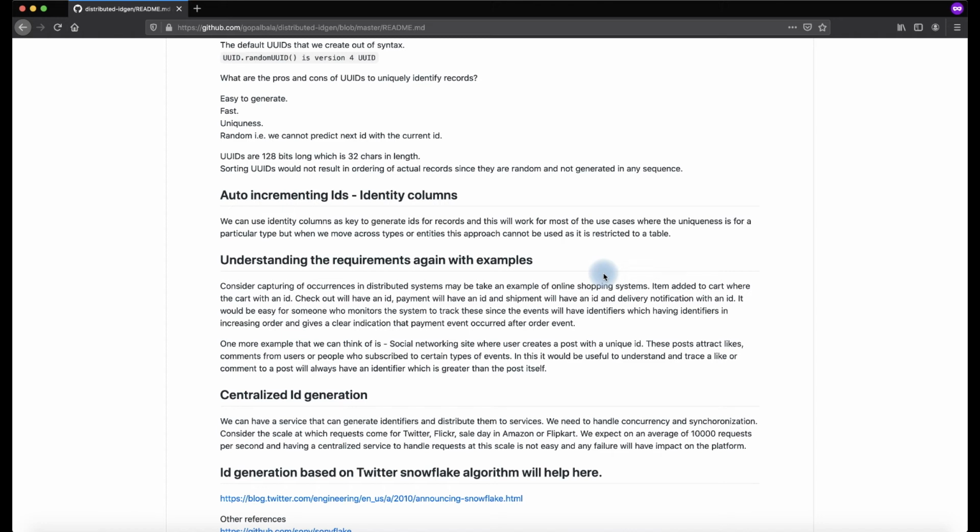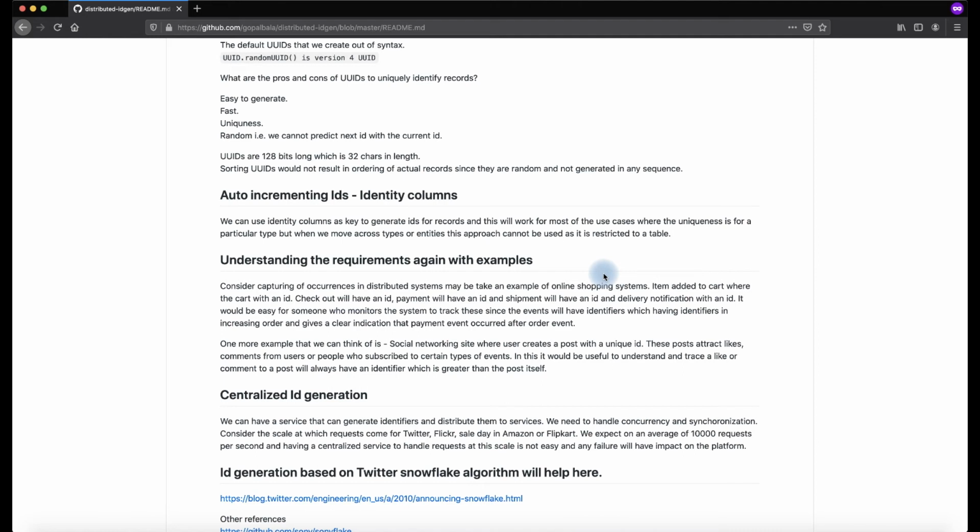So that is guaranteed. What is the algorithm? We may go and find out. There is something called the high-low algorithm. If 100 people are trying to persist a record at the same time, we may ask, is it going to give the same ID because it is an auto increment, right? So there is something called the high-low algorithm. You may go and visit what the high-low algorithm is. Using that, it is able to generate unique IDs. We can utilize it, and in most use cases, when the requirement is not so complex, we can still live with auto incrementing identity columns.